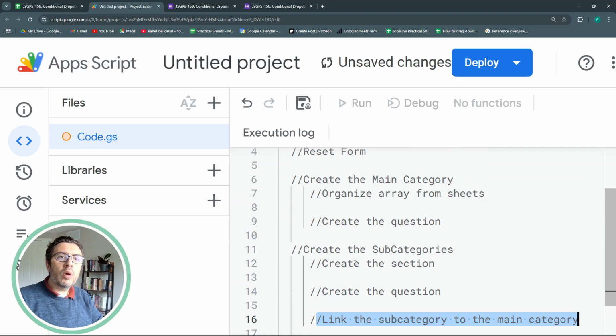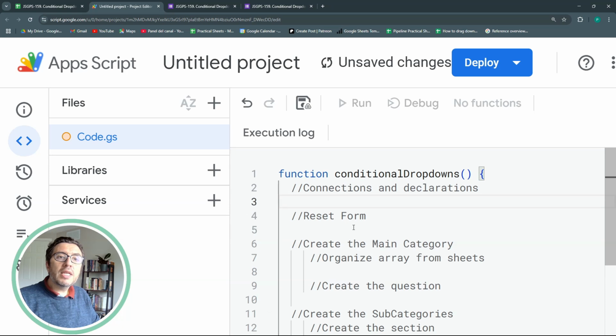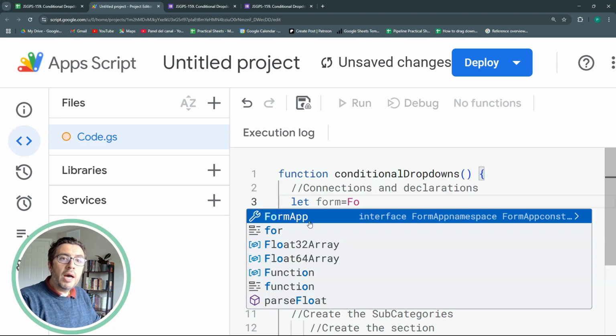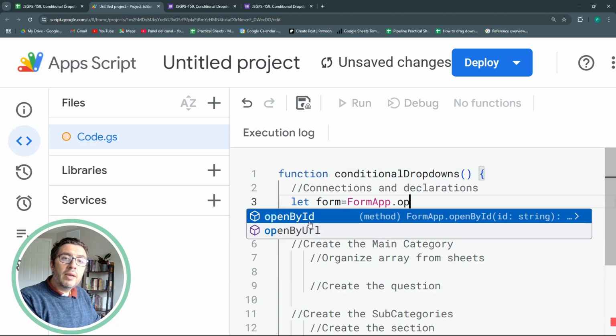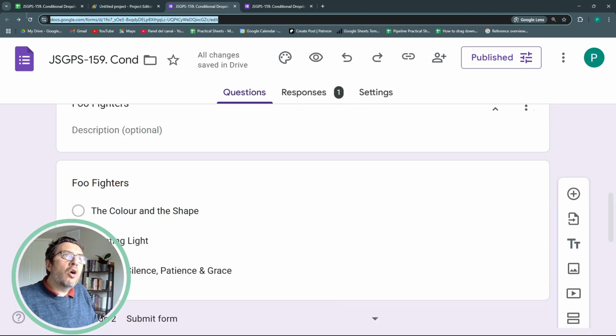You'll understand it better while we move on. So let's start with the connections. We're going to connect first with Google Forms and then with Google Sheets. So let's do let form, a variable called form. This will be FormApp.openById or openByUrl, whichever you prefer. If it's URL, you're going to copy all of this in your editable form. If you're going to do openById, you're going to select this number and alphanumeric character